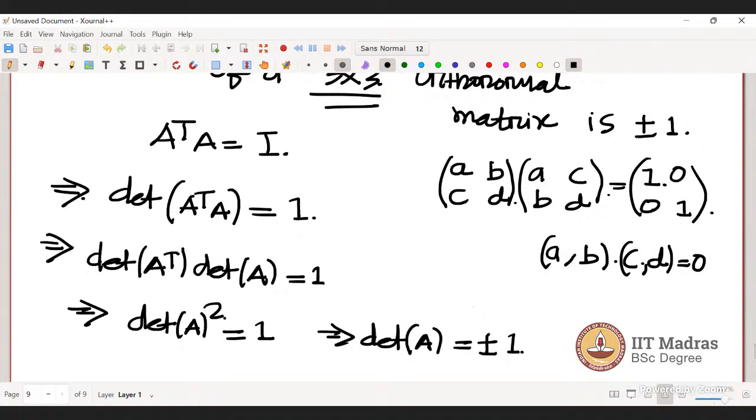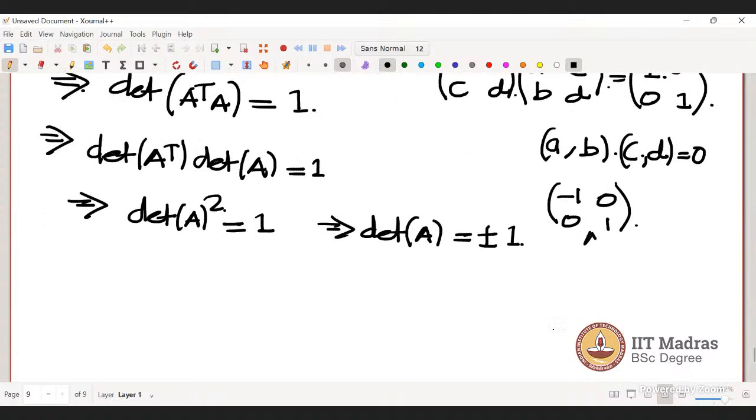Yeah. So you take this matrix, right? Minus 1 0 0 minus 1. Yeah, this matrix, right? Here the column vectors are orthonormal, right? Yes. Okay. So